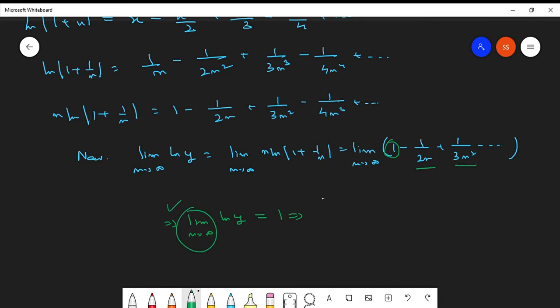From here we can write that. So this is of no use now. From here we can write that y is equal to e to the power 1, that is e. Okay, and it's a finite number. So basically y is converging to, clear? Y is basically converging to e. Limit of this sequence is e. Okay, and this is always bounded between 2 and 3.